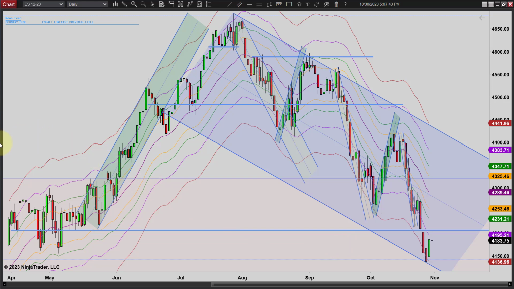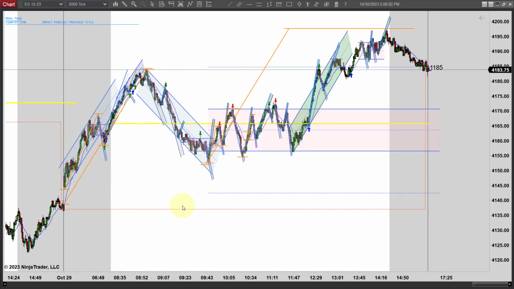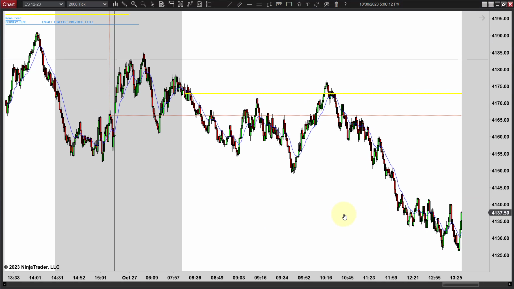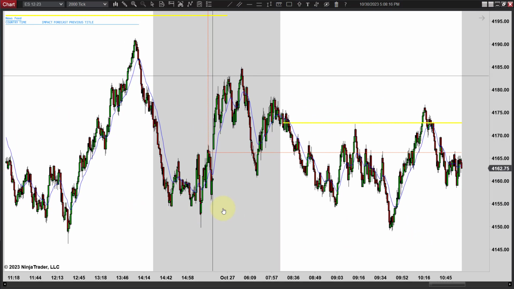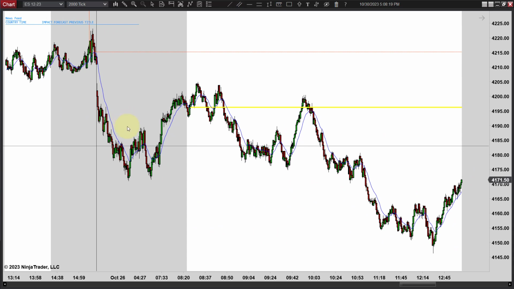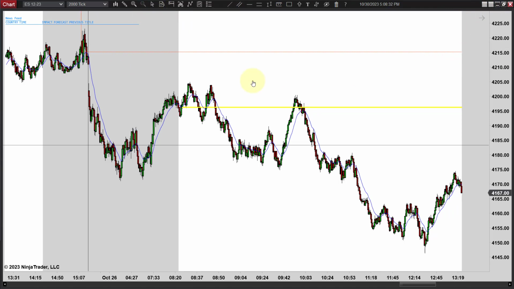Let's flip over to the 2000 tick chart and take a look at that and go through the trades again real quickly and wrap this day up. And here we are. We actually had a gap up on the chart last night and we could not fill that gap, so we've got this gap lingering below. But we've got this bigger gap from, I think, Thursday, right here. We've got to get up to 42.11 to fill that gap.